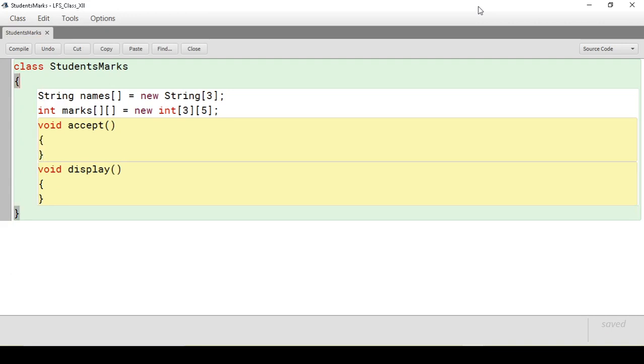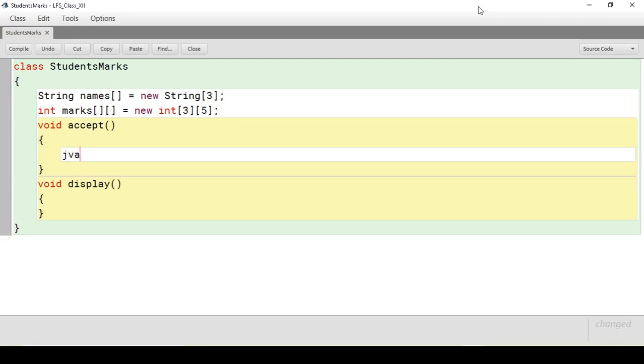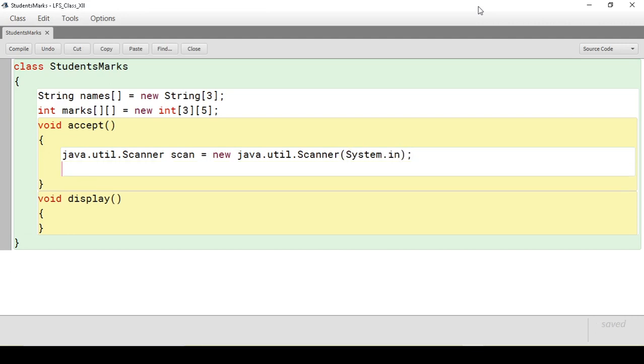Now in accept we need help of scanner so that we can take value, and here I am dealing with integer as well as with string. So what I will do here is I will always accept in form of string, and whenever I need it to be in integer I will pass it into integer. So that is the safest way while we are dealing with scanner and we are dealing with 2 different data types together, especially when one of them is a string.